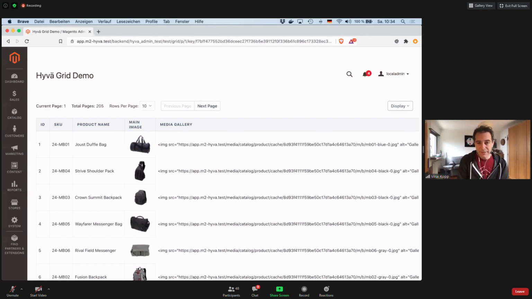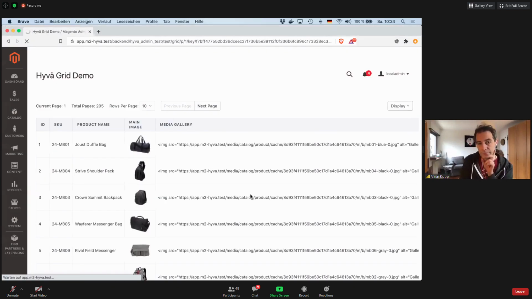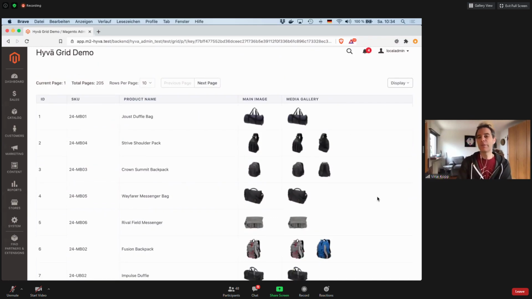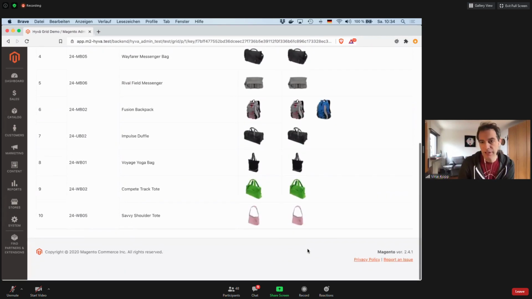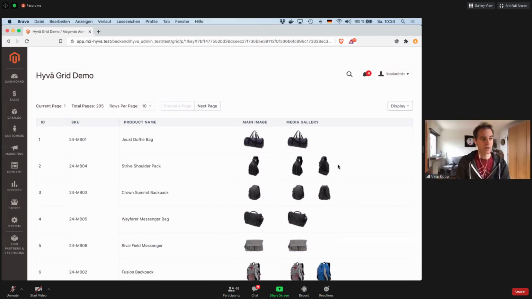So let's render this as HTML, without escaping it, and see what that looks like. And okay, look at this. This time we didn't even have to specify the type as Magento product image, because it is able to determine, based on the extension attribute interfaces, that this is an image. So it renders all the images in the media gallery for each image here. That happens automatically, and it doesn't matter if it's a single one or multiple ones. So it can handle